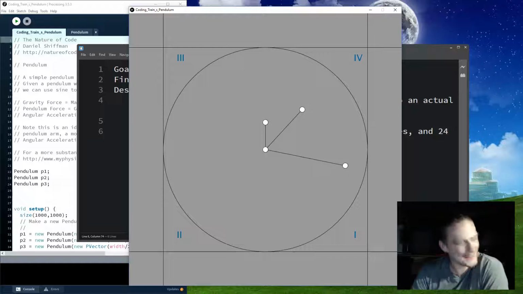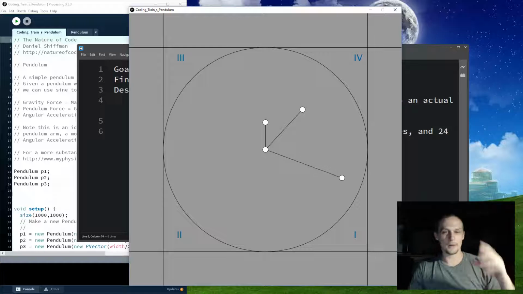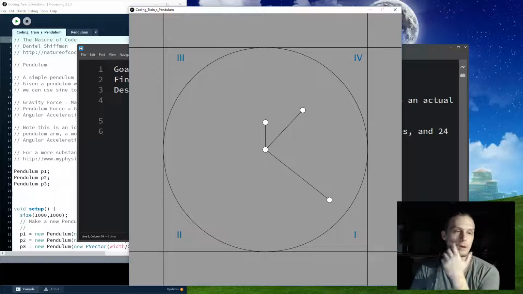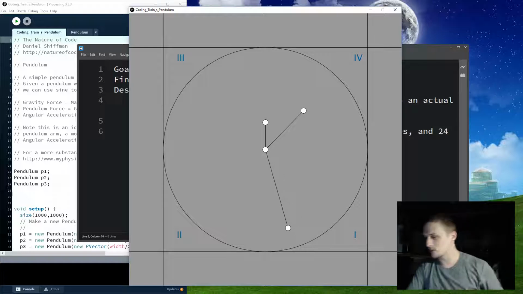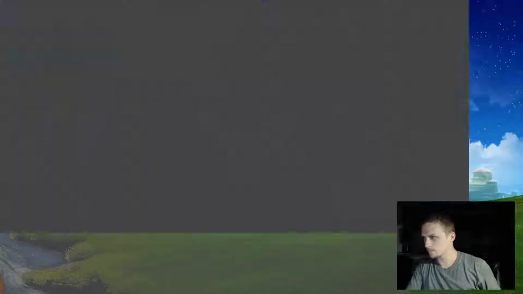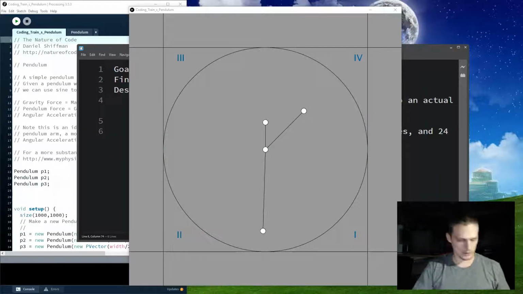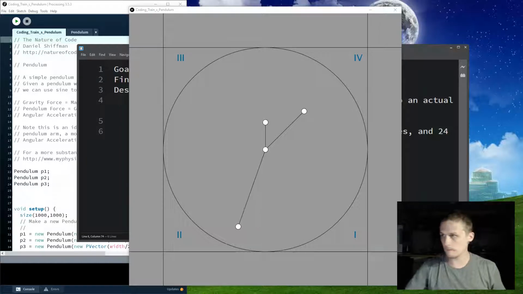hand is on the clock. From 15, 45, and 15, 30, and 45, 0. And I want to see if I can do that using sine, because using sine, if I go to Processing, sine,